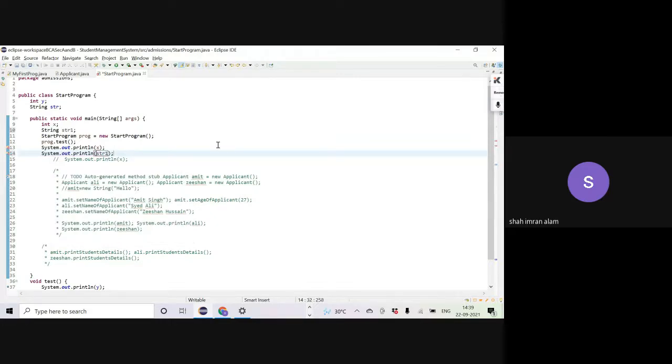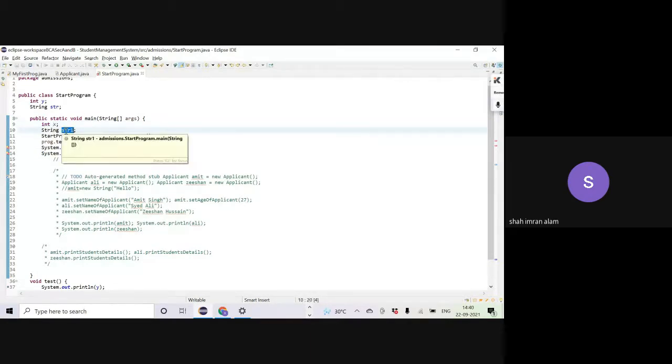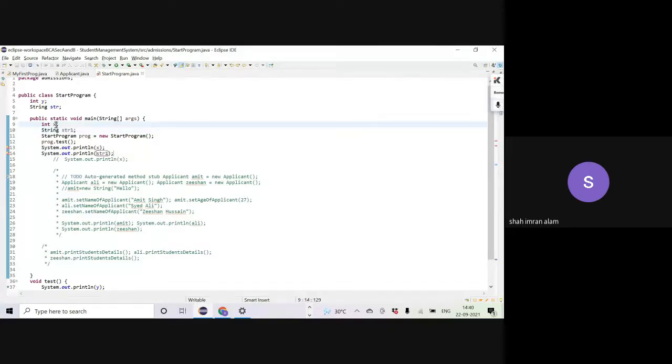If we try to print this, we will get the error that the local variable str1 may not have been initialized. So neither x will get a default value of 0 nor str1 will get a default value of null in this case, because we are talking about the method local variable, and we must initialize it before using it. That means I have to give it an initial value, either 0 or 12345, whatever I like.